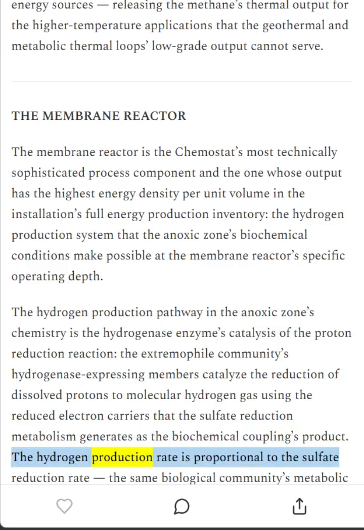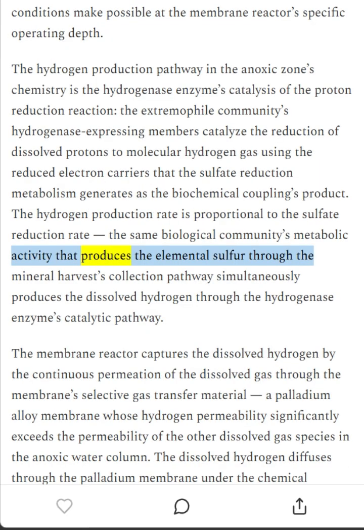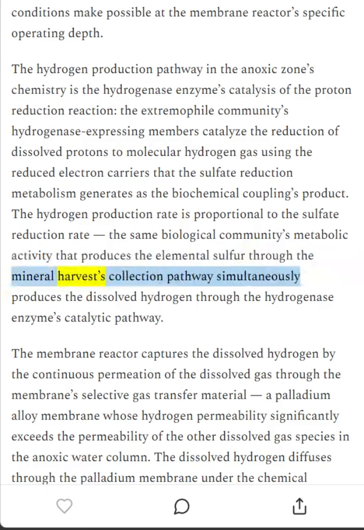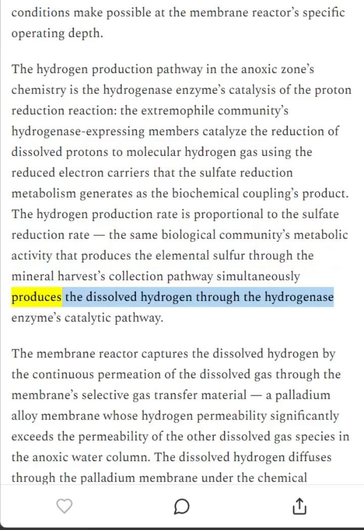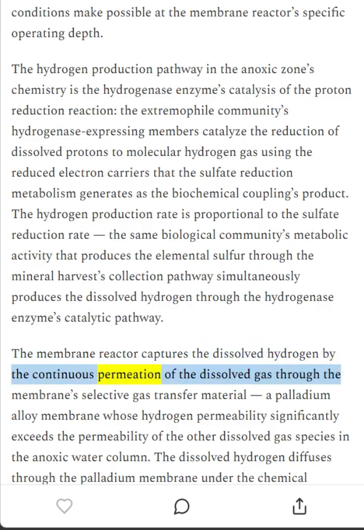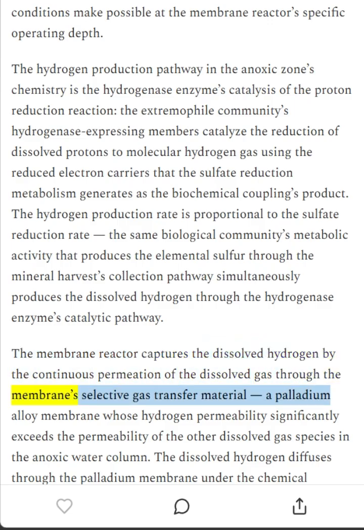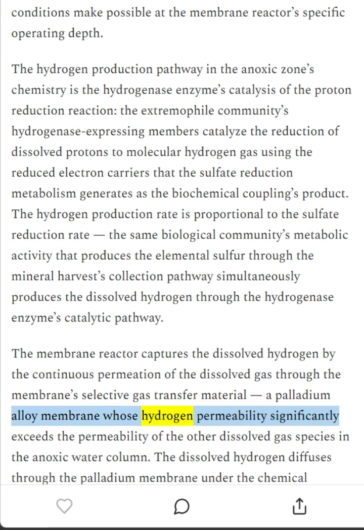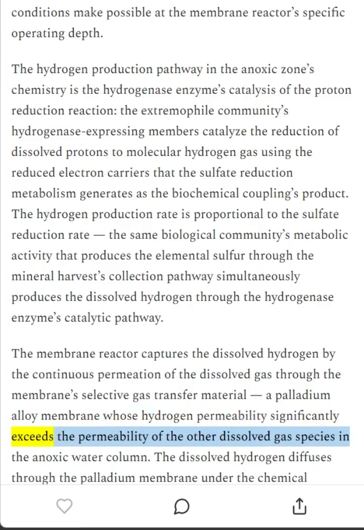The hydrogen production rate is proportional to the sulfate reduction rate. The same biological community's metabolic activity that produces the elemental sulfur through the mineral harvest's collection pathway simultaneously produces the dissolved hydrogen through the hydrogenase enzyme's catalytic pathway. The membrane reactor captures the dissolved hydrogen by the continuous permeation of the dissolved gas through the membrane's selective gas transfer material, a palladium alloy membrane whose hydrogen permeability significantly exceeds the permeability of the other dissolved gas species in